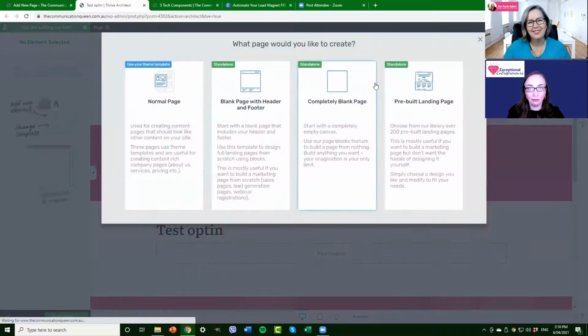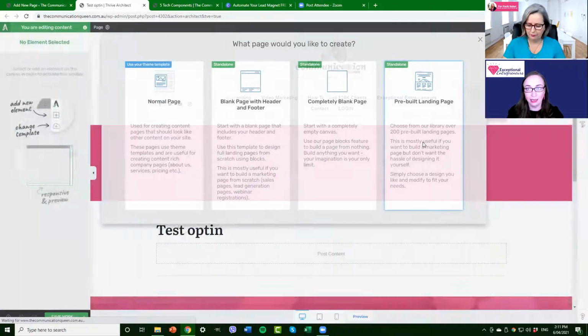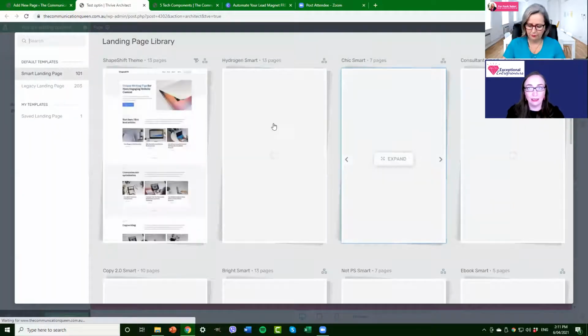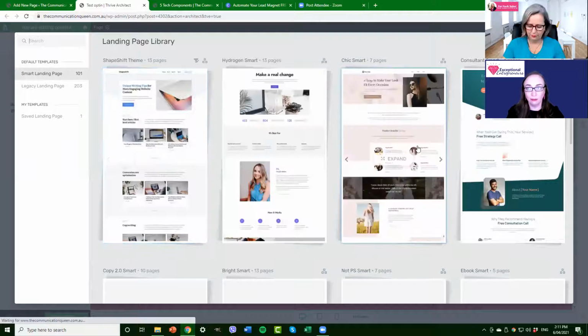Gives me a couple of options. And I'm going to choose this one over on the right, which is a pre-built landing page. So choose from over 200 pre-built pages. So just find the one that is suitable for an opt-in page. So let's click that. It sends us to a library of different opt-ins, different sales pages, different designs, and they're